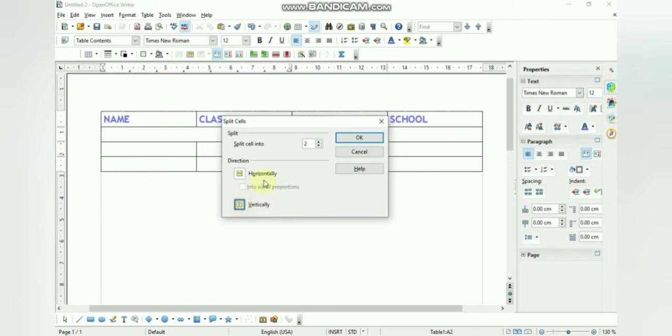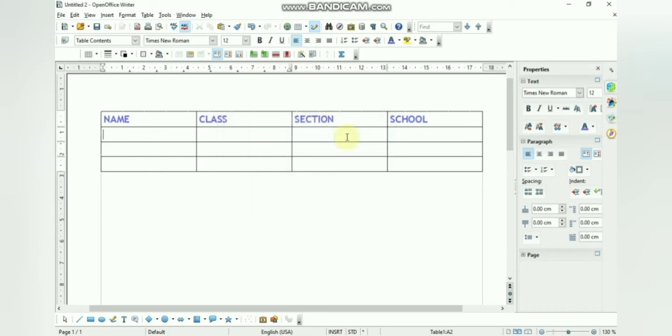So let's split the cell into two, and vertically we don't want horizontally, we want to split the cells in a vertical position. So just click on OK, and you can see we have again come back to our previous one. That is how we have merged the cells. All right, so this is all about your merging and splitting.